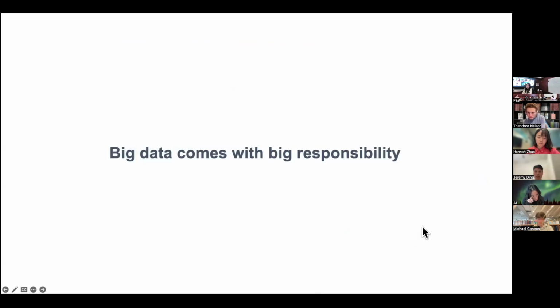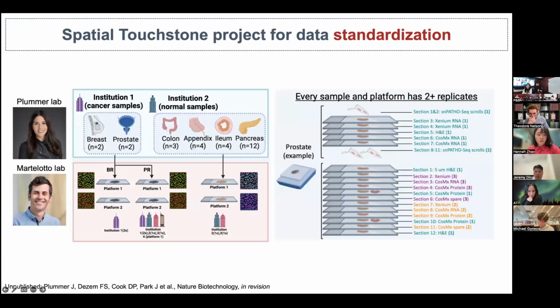And every time we do these analyses, it becomes huge data sets. During the process, we also had a lot of questions on standardization, and came up with the Spatial Touchstone project, where we're trying to do a multi-center, multi-organ, multi-platform benchmarking study. We take a single block and take consecutive sections across multiple institutional replicates or platform replicates, and see what variations we're seeing across these replicates